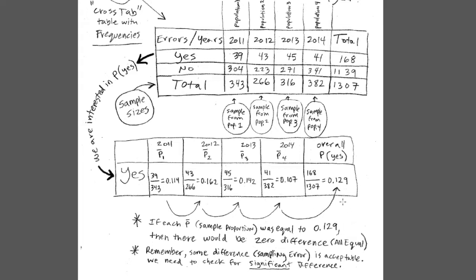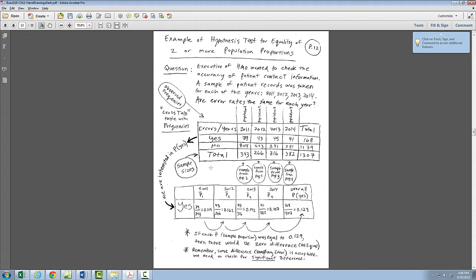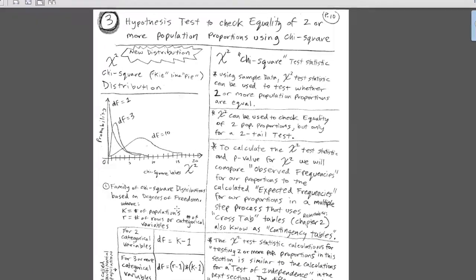We also want to calculate the overall. So the overall error rate for all 4 years is 12.9%. Now, this is the overall rate. So if these were all the same, they'd be 12.9. That means each one would be 12.9, and there'd be no difference at all. Now, we'll come back and start here in just a moment, but I'm going to page up, and talk about